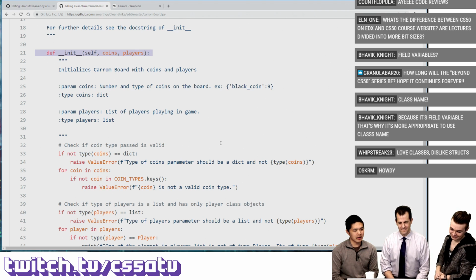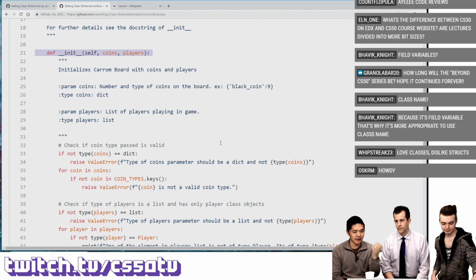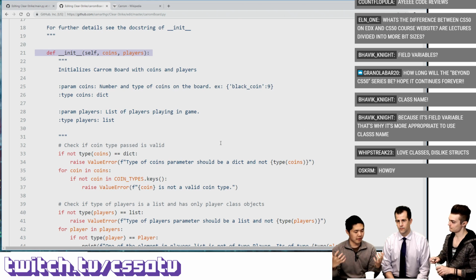And when we say in main.py, you may have recalled we used CaromBoard in capital C, capital B, and then in parentheses we passed in the coins and the players. That was implicitly calling this init method to say, let's create a new board. And the nice thing about this object-oriented syntax is that you can use this to create arbitrarily many boards. If you wanted to have three games running simultaneously, you could create three CaromBoards, each time invoking this init method, and that would create three different boards that have their own set of variables, their own state